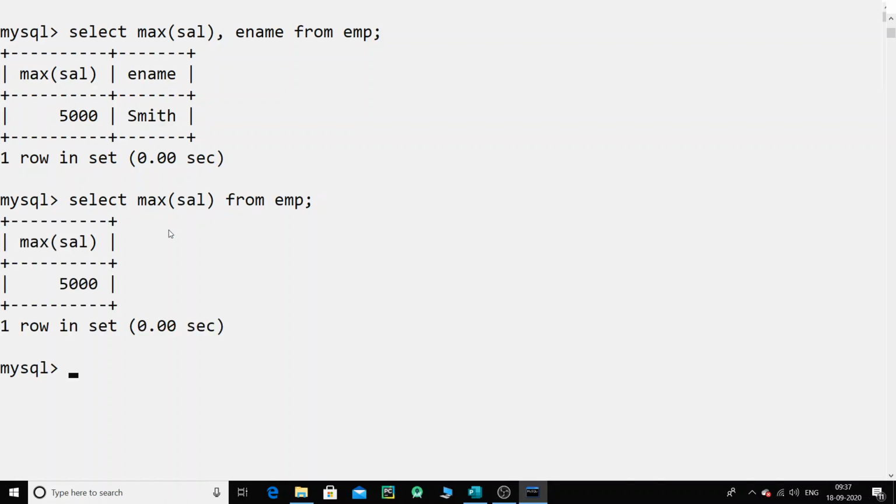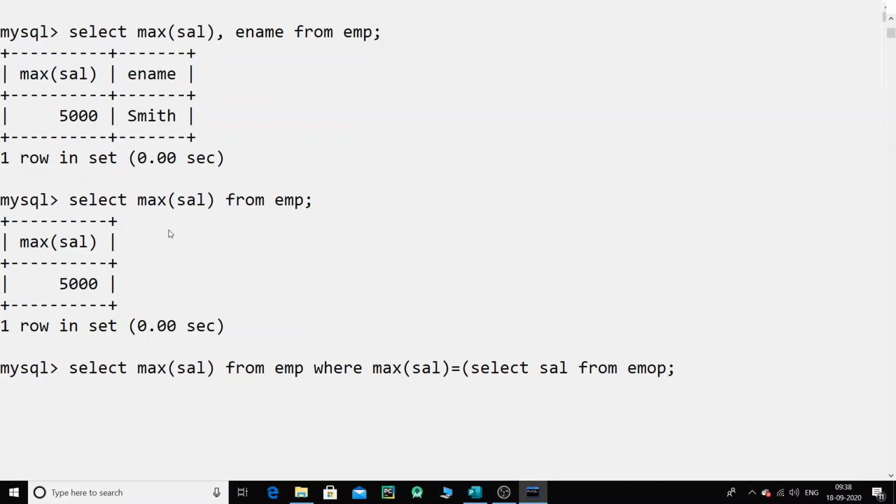If you really want, where max of sal is equal to, select sal from EMP. This is how it is going to work.